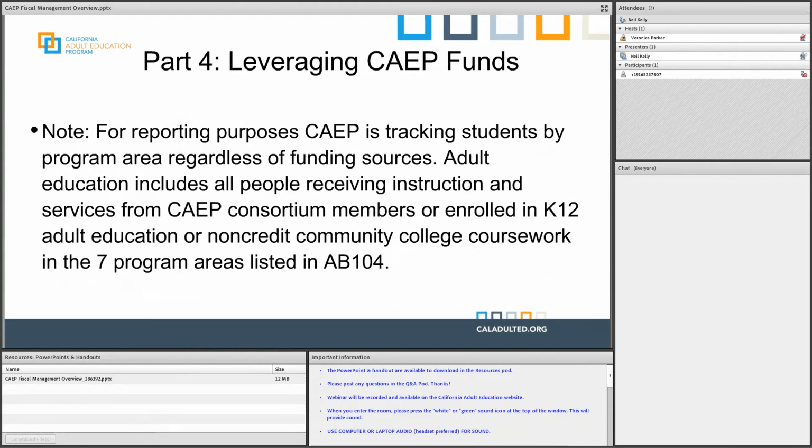So just a note on leveraging of CAEP funds for reporting purposes. CAEP is tracking students by program area regardless of funding source. Regardless of funding sources, adult education includes all people receiving instruction and services from CAEP consortium members who are enrolled in K-12 adult ed or non-credit community college coursework in the 7 program areas listed in AB